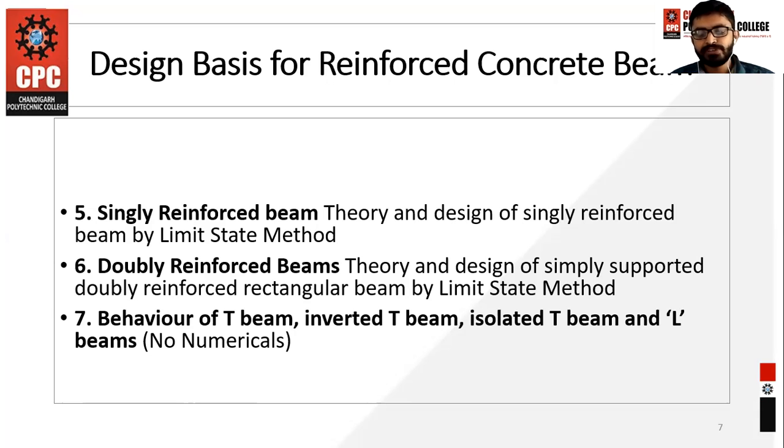See, if this is a beam, there are two types of axis: the longitudinal axis and the lateral axis. Longitudinal is lengthwise, lateral axis is widthwise. And one more thing, it passes through the center. Longitudinal axis, lateral axis, and this is the center. Okay, so what is the singly reinforced beam?